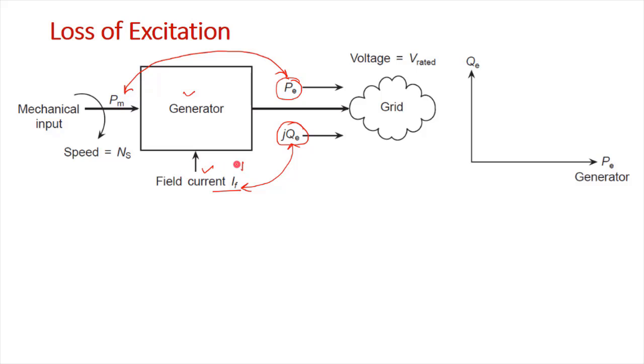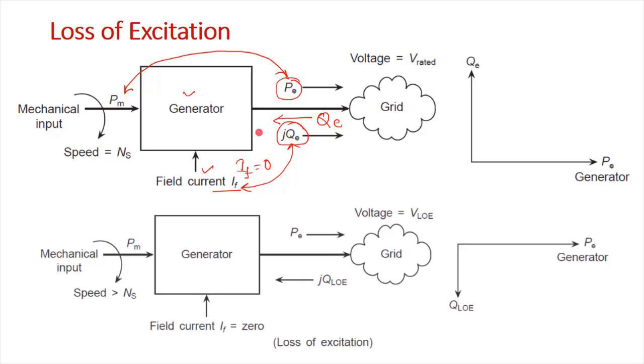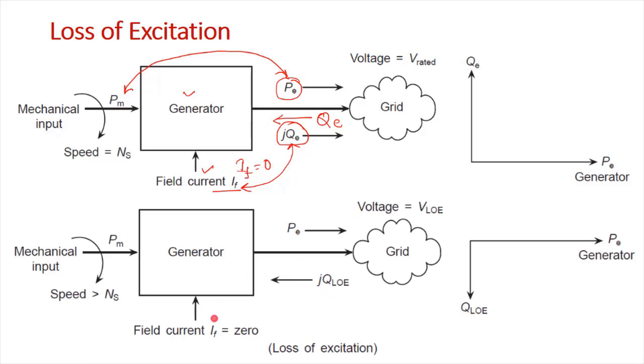This field current IF becomes equal to 0. So when IF becomes equal to 0, the generator starts drawing the reactive power from the grid. Okay, now QE will be drawn from the grid. So how will the generator operate? As soon as the field current becomes 0, your QLOE, that is the reactive power because of the loss of excitation, will be drawn by the generator,